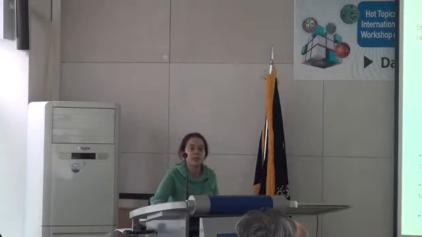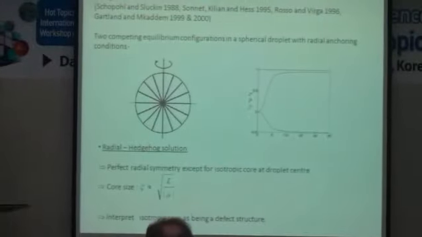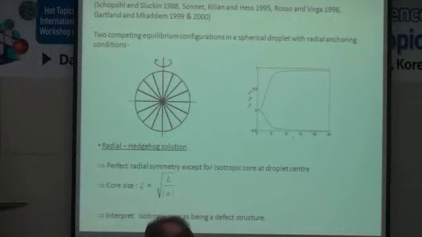And the question that we're trying to address here is what can we say about defect structures in this very simple problem of a spherical droplet with radial boundary conditions for low temperatures. Now this problem has been very well studied in the literature, especially numerically and also to some extent theoretically. There is also some analysis, although our results are different to what is there in the literature, but it is a well studied model problem, at least numerically,